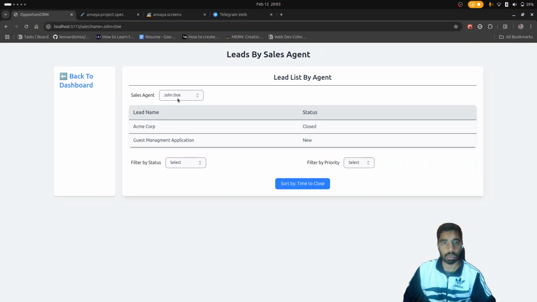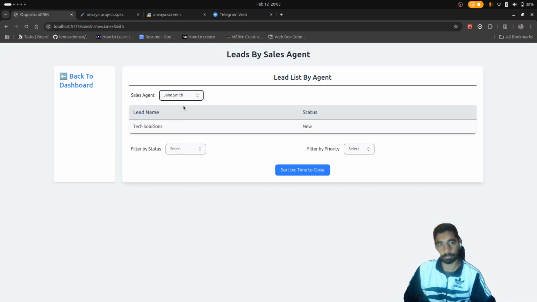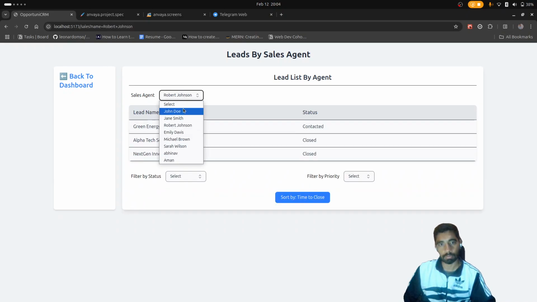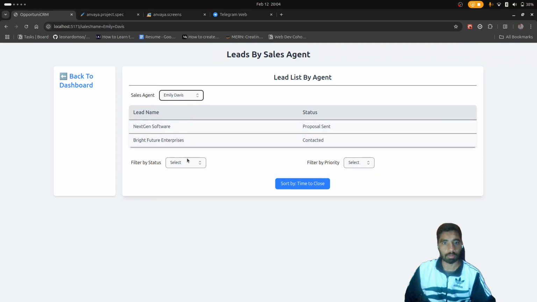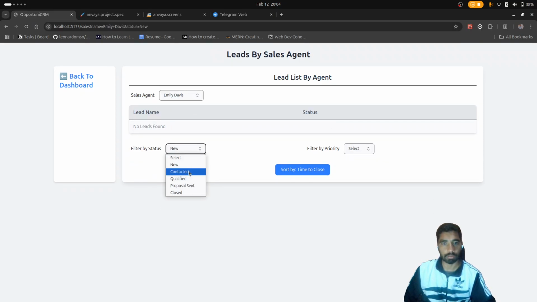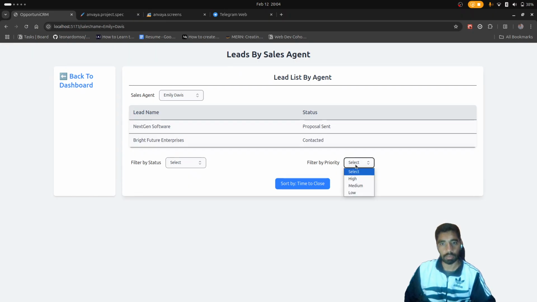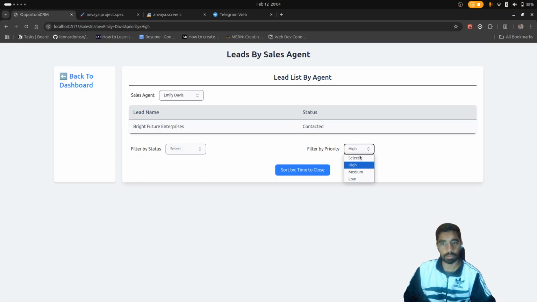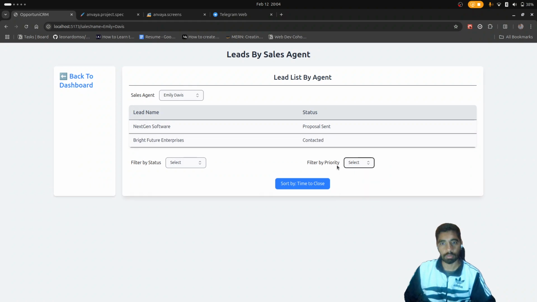So it will show the multiple assigned leads by changing the sales agent name. Also we can check the status, qualified, proposal sent and closed. And also we can check the priority high to low. And we can also implement sort.